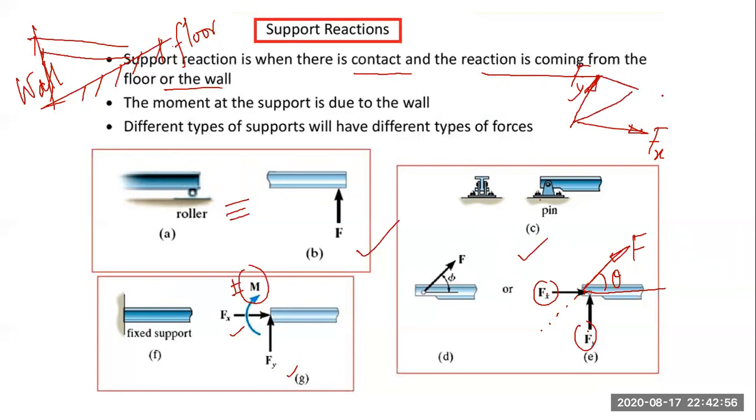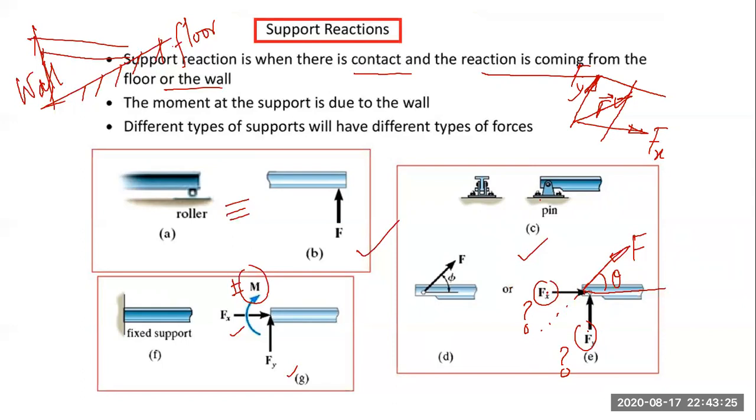How to do it? From this point, draw a line. From this point, draw a horizontal line. So this will give you the value of the resultant force. We already know this. Now, if Fx and Fy both are unknown, we have to solve them by the equilibrium equations. Maybe both are unknown, so by solving the equilibrium equations, from the different equations, we can solve it.